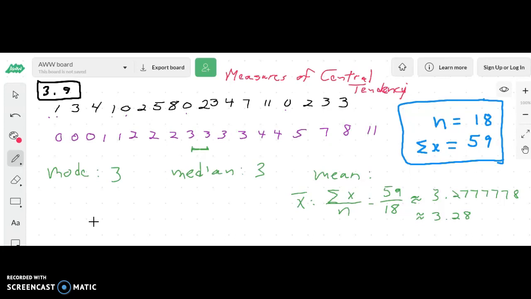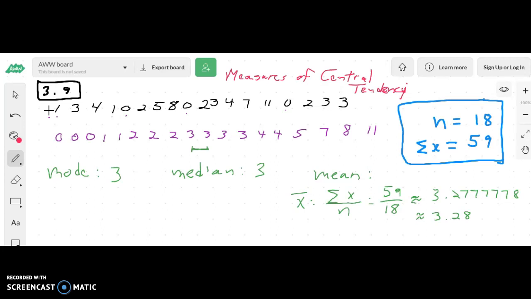Measures of central tendency are various statistics that give us a sense of where the values of a set from a sample or whatever we take tend to land, hence central tendencies, where the center is of these numbers. So in this problem 3.9, the question said, during your lifetime, how often have you changed